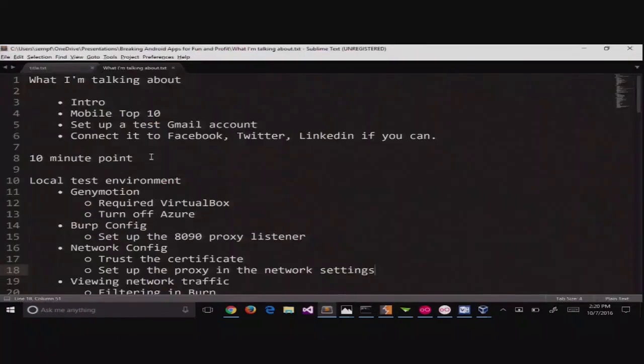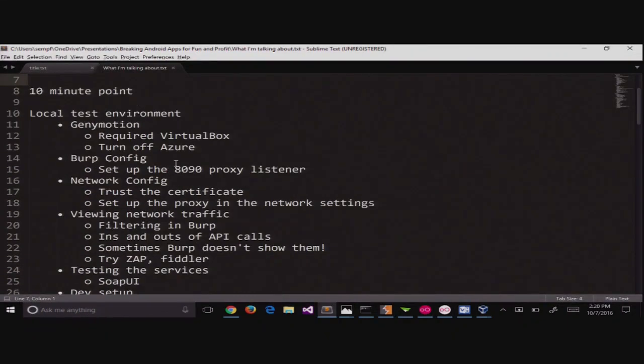Okay, let's go back to the list here and see where we're at. So this is why I've got all these notes. There's a lot of details to this. And this is all up on my blog, too, so you can go remind yourself. And also, Adrian's recording it, so it'll be up on YouTube probably in about 20 minutes. I think the last time I gave this talk, he actually had it up on YouTube before I was done with it. I'm still trying to figure that out.